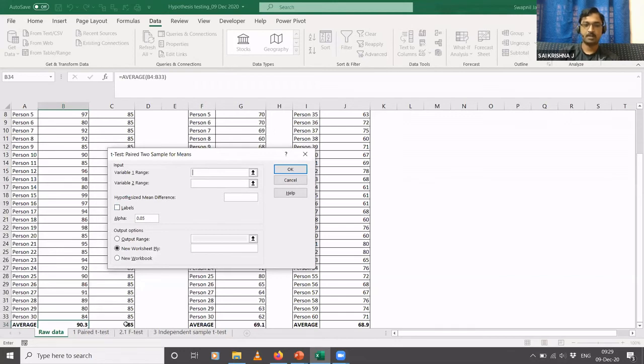And my null hypothesis, like you said, Chaitanya, is something that we set. In this case, we are hypothesizing that the difference in the means is null or zero. So what we usually do is give the hypothesized mean difference between the two sets of readings as 0, and then this becomes our null hypothesis.